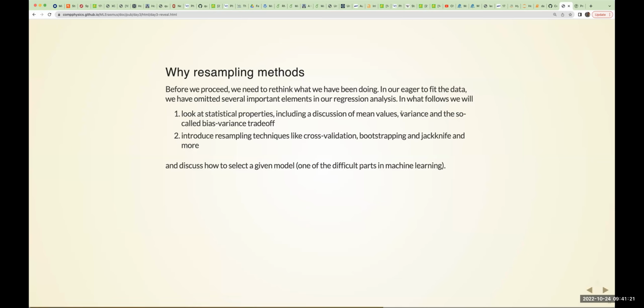So we are going to move into this topic here because there are two central techniques which are used in resampling the data. And why do we resample? So we need to rethink a little bit what we've been doing. So we have overseen some quite important features in the data which we have, and also in the way we treat the data. So let me bring back the notebook and set up a kind of general image